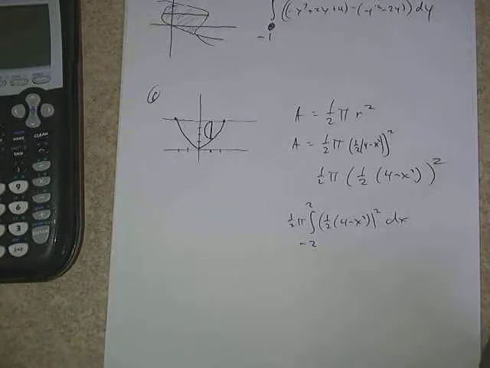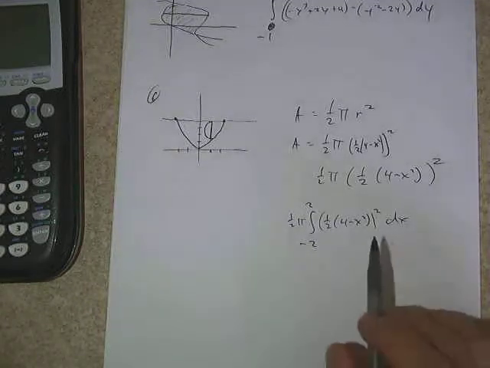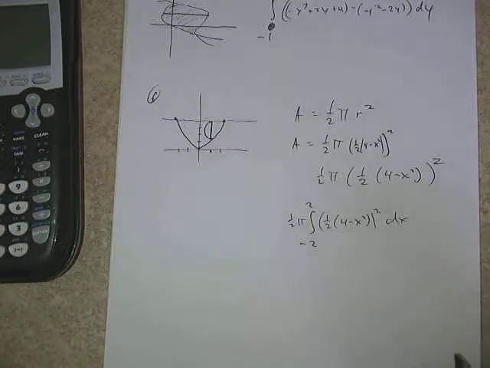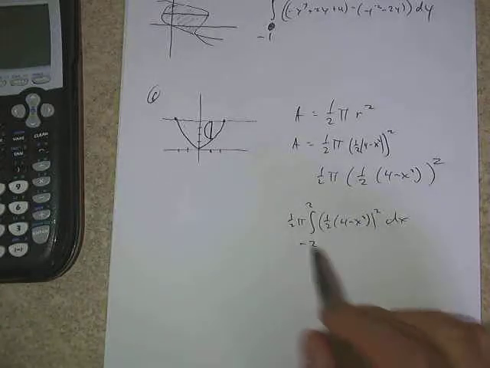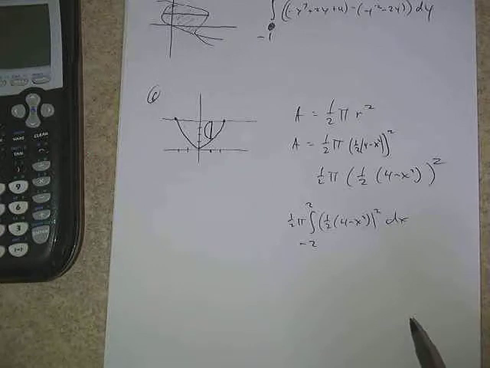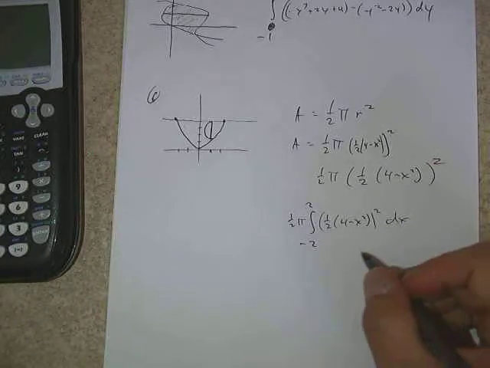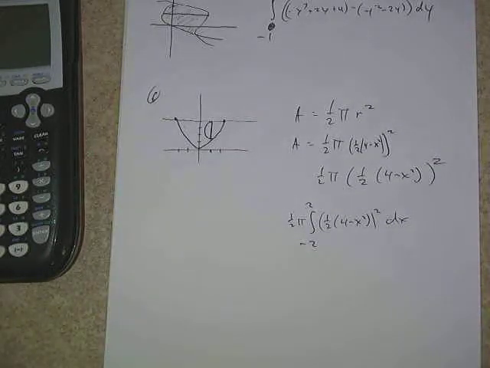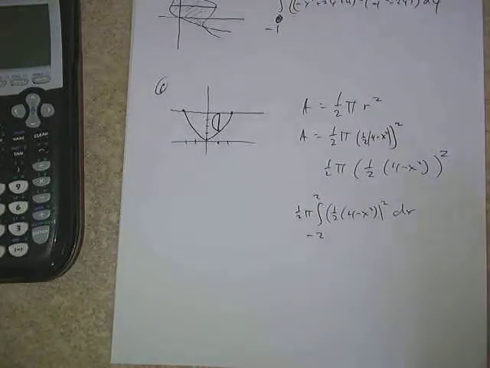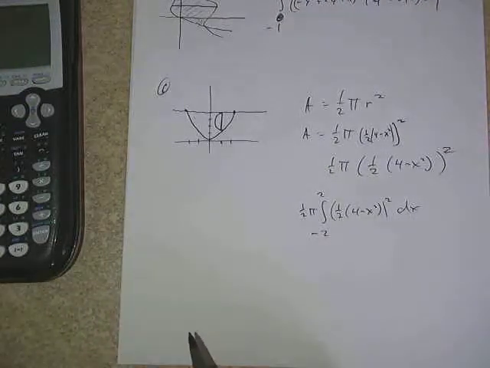And of course, again, keeping in mind that we could simplify this before we actually did the integral. We could square the half, and we could square the parentheses, and so on. We could simplify it however we want. But bottom line is, if it doesn't say analytically, it's a calculator problem. So why bother doing all the simplifying? It's wasting time. True. So at this point, if we plug that into the integral,